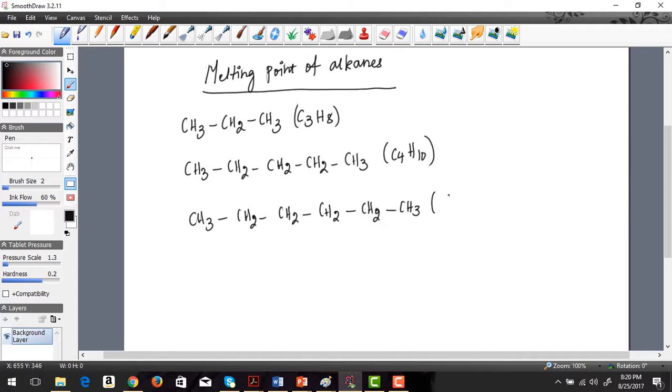This would be C5H12. So we have three different alkanes, and each of them has one carbon more than the other, right? I'm going to call this compound 1, compound 2, and compound 3. The general rule of thumb is, as the number of carbons increases in an alkane,